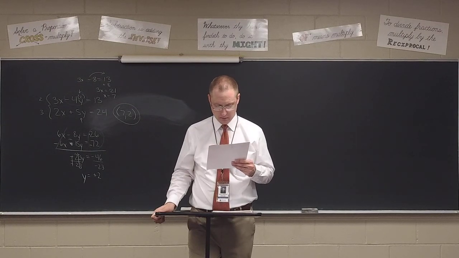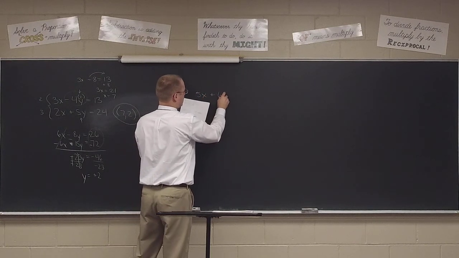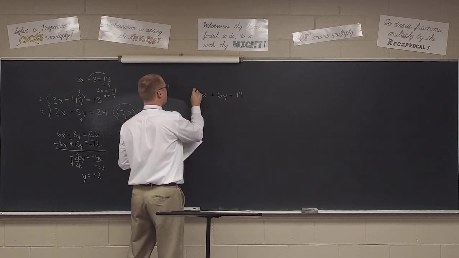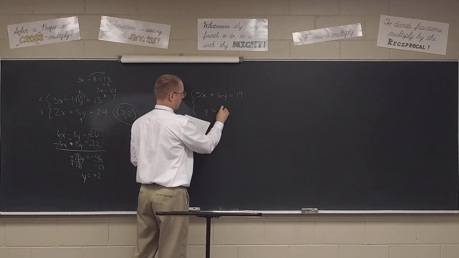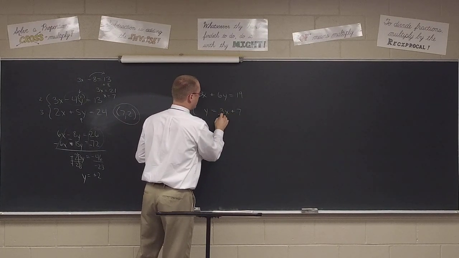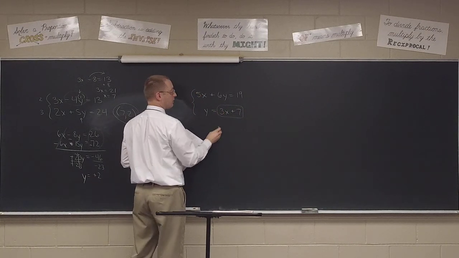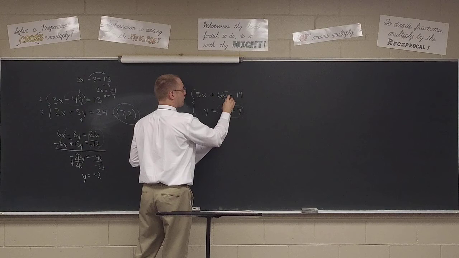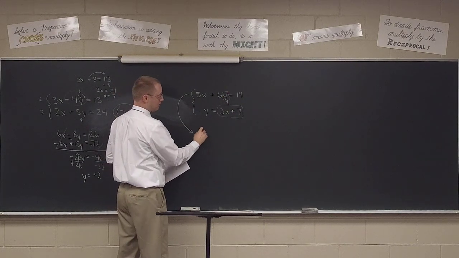I did the substitution. You did substitution. So you left the top equation alone, 5x plus 6y equals 19. How did you rewrite the bottom? Y equals 3x plus 7. There we go. And then you took the 3x plus 7 and you just plugged it in for the y in the other equation. So that your top equation could now be rewritten 5x plus